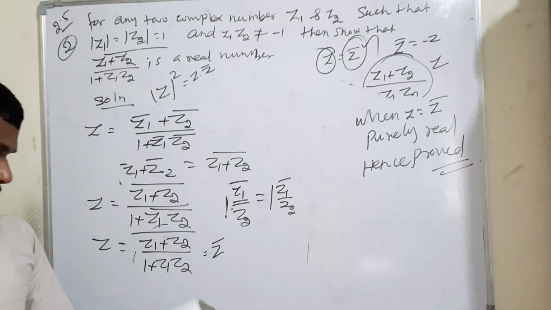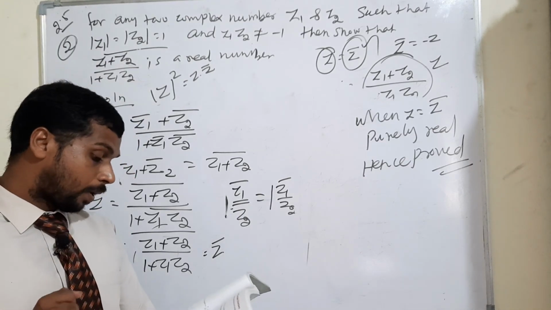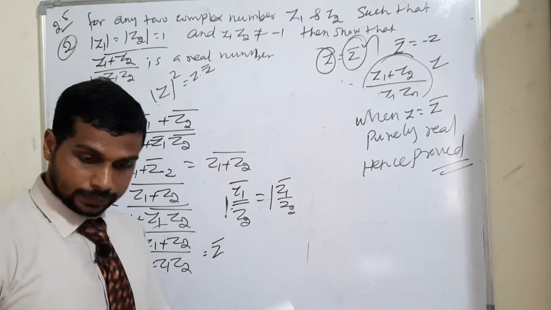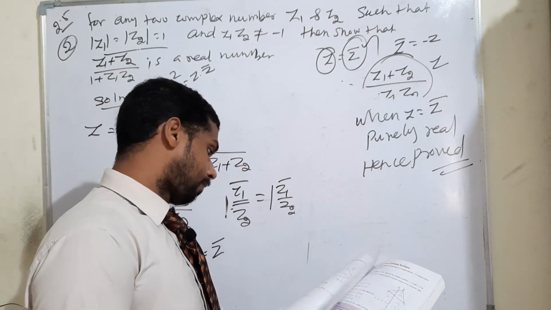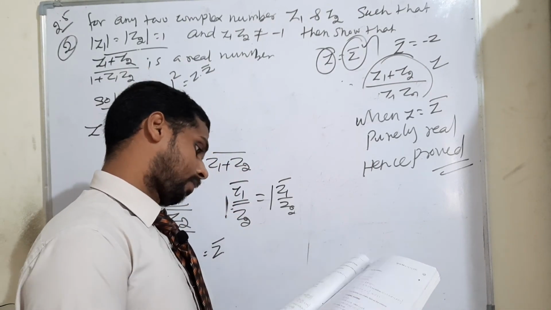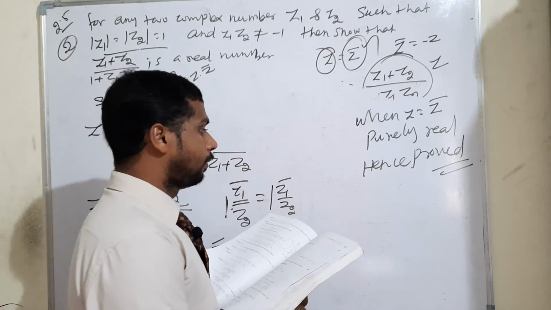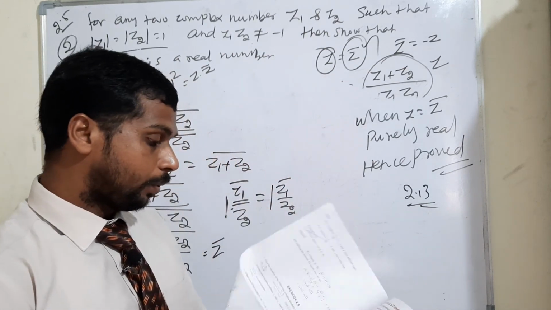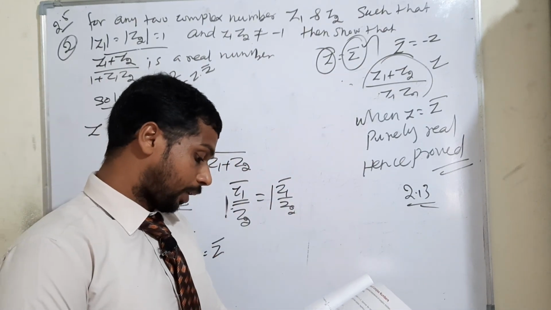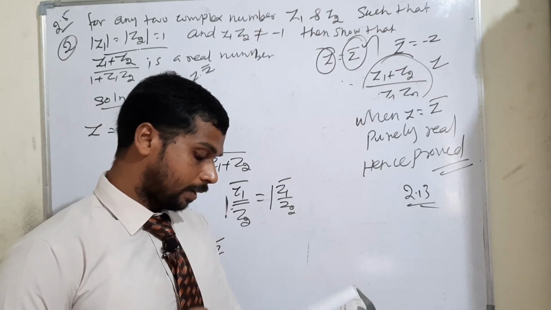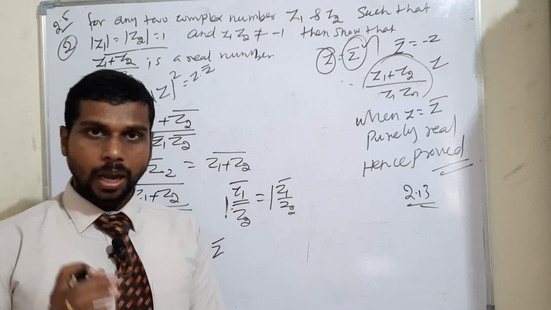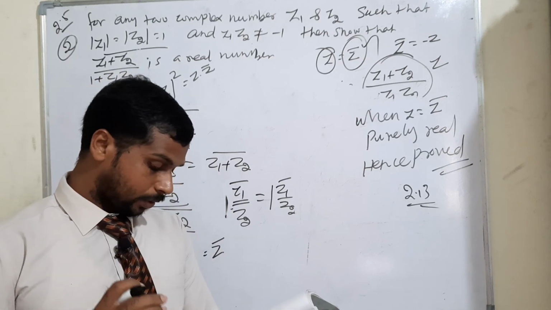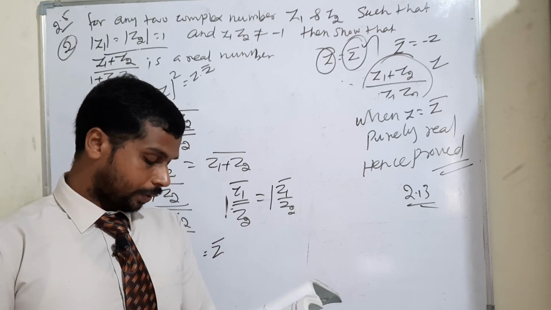So listen, my dear students, in exercise 2.5 I have given homework: question 1, subdivisions 1, 3 and 4. The same question I have done as example 2.13, which I already told you is one of the important questions. Questions 4 and 5 have the same condition. Try to do them on your own. I will help you, but just try on your own. Questions 4 and 5 are similar. The remaining parts I will do one by one.